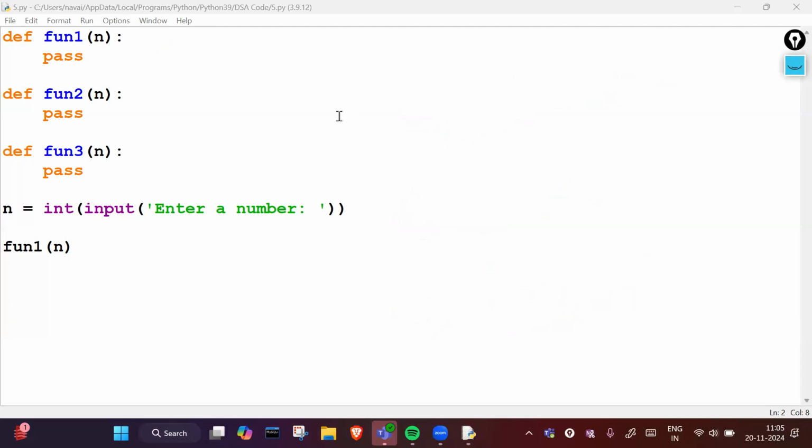Let me write the code. When we don't write anything, we write pass. But I want to write something here in function 1. So I will write return n into n plus 1, and after that divide this complete calculation